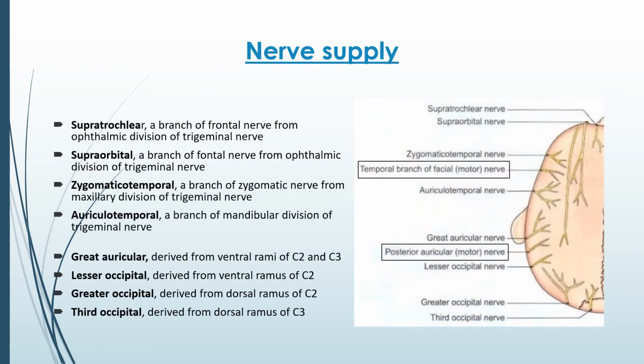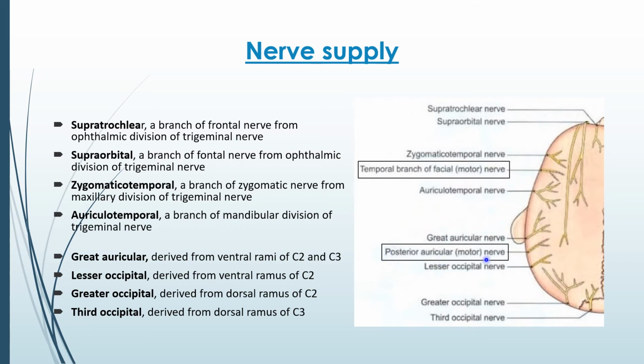Similarly, we look at the nerve supply. The scalp is innervated by 10 nerves on each side, 5 on the anterior part and 5 on the posterior part. Out of these, 8 are the sensory nerves and 2 of them are motor nerves. The motor nerves are required for the muscles of the scalp, which are branches of the facial nerve. On the anterior aspect, we have the temporal branch of facial nerve, and on the posterior aspect, we have the